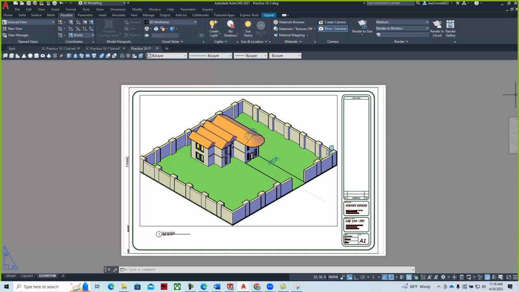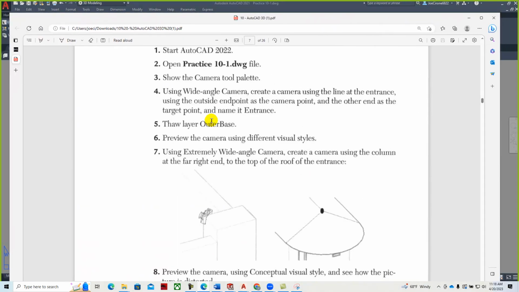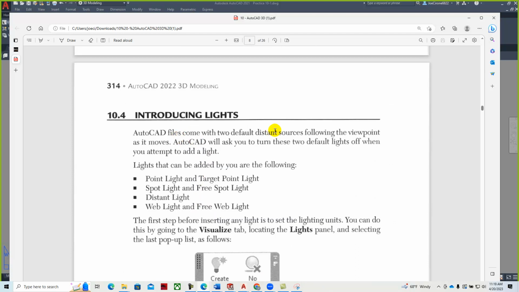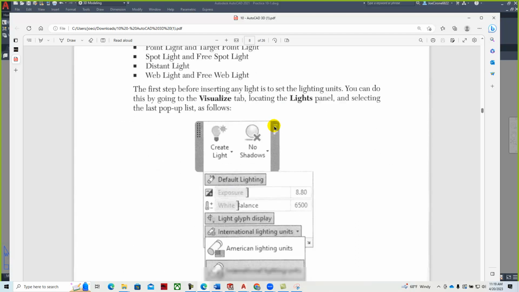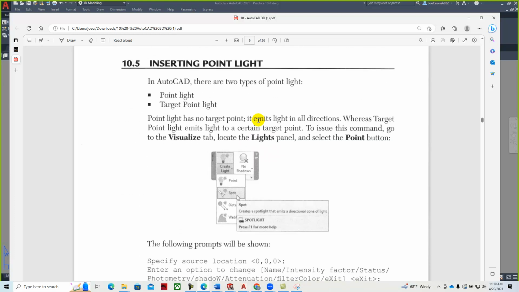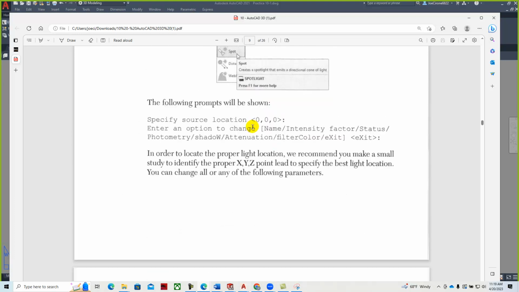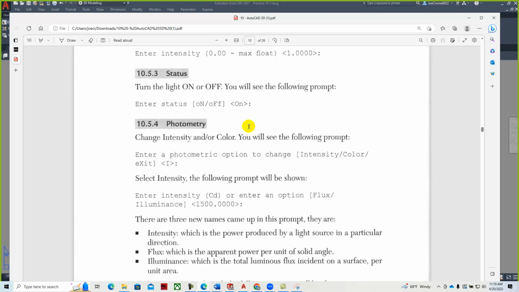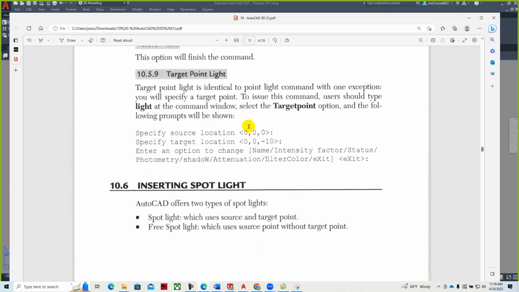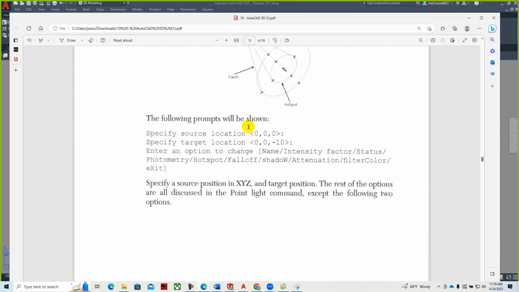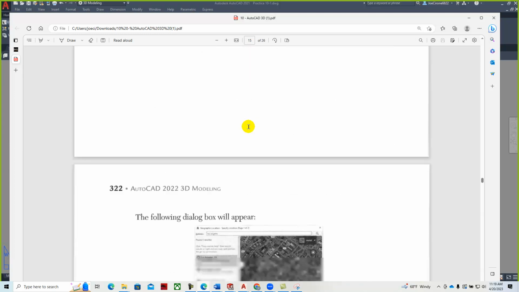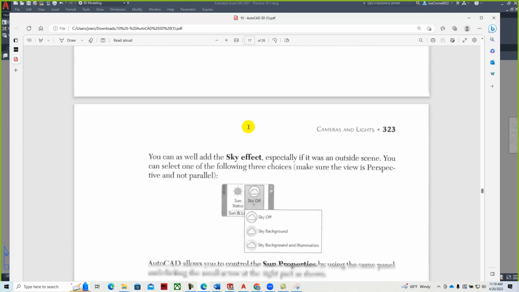If we look at Lab 10-2, what we're looking at is creating lights. And as we create lights, that'll give us the ability to add different elements for creating rendered views that have materials on them and things like that. And so we can go through and take a look at creating a spotlight on this 10-2 drawing. And so in 10-2,